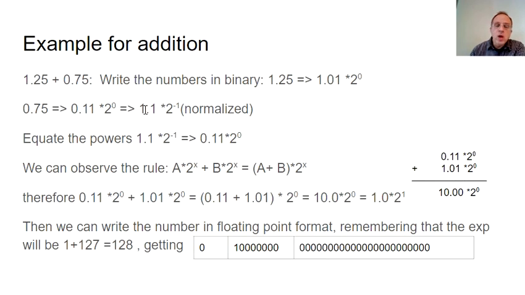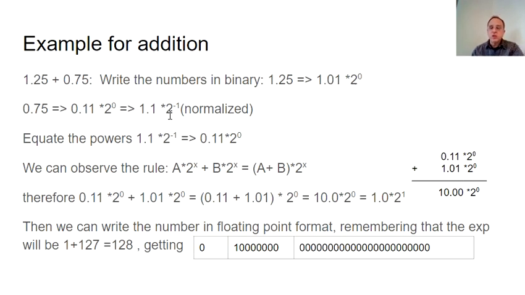Okay, so 1.1 is our answer, but that's normalized. But since we moved the decimal point 1 to the right from the original number, which was 0.11, we have to multiply it by 2 to the negative 1. So now we have 2 powers. We want to add 1.01 times 2 to the 0th plus 1.1 times 2